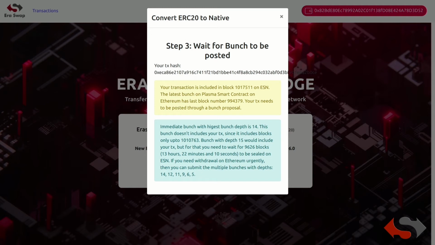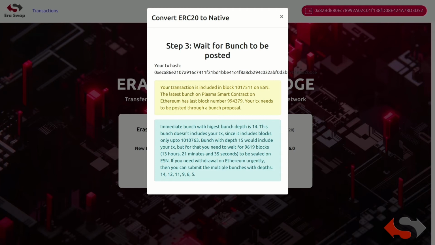The immediate bunch with the highest bunch depth is 14. This bunch doesn't include our transaction since it includes only up to 10,10,763. Bunch with depth 15 would include our transaction.